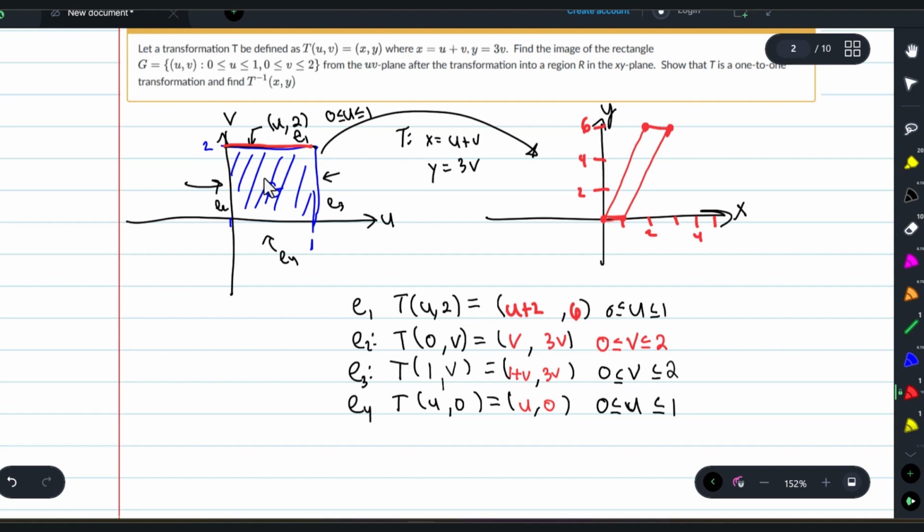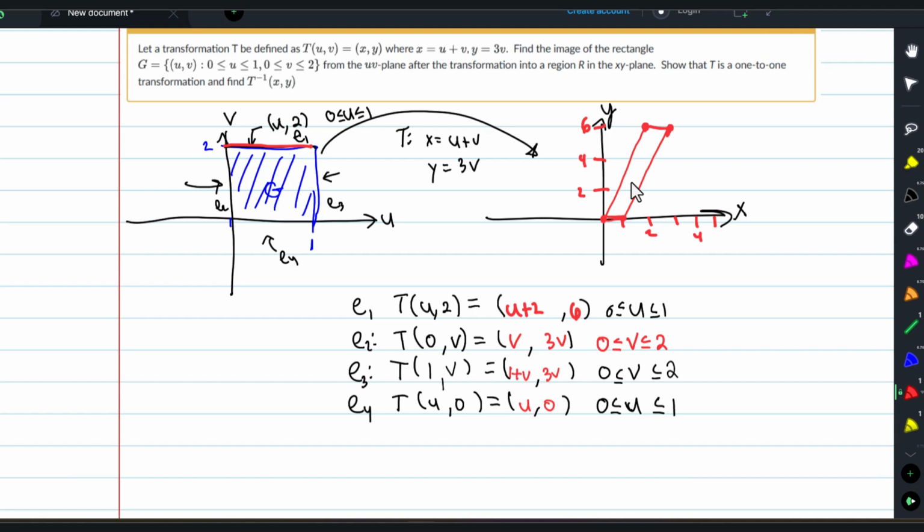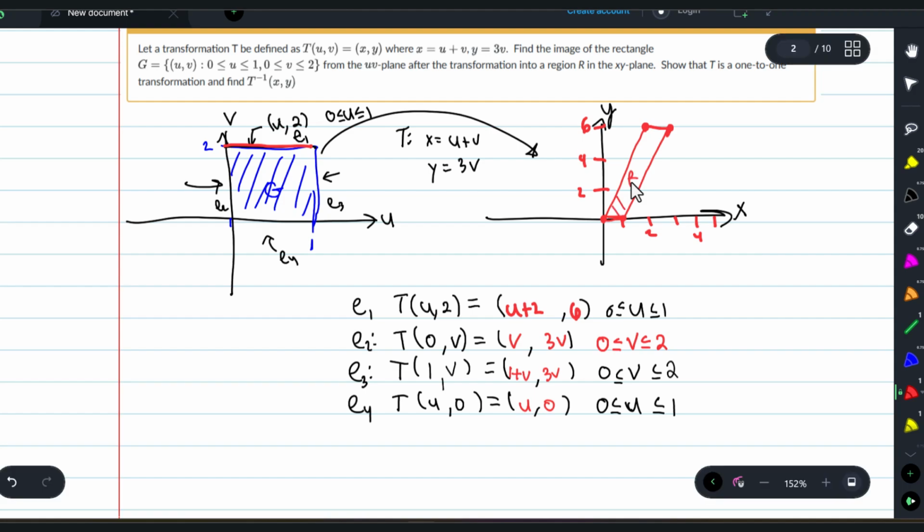Every point inside this region is going to be inside this region here too. There's no exponential expansion that goes beyond or anything like that. So the image of the region R looks like this thing. We are asked to ensure that this function is one-to-one on its interval, and there's a bunch of ways of